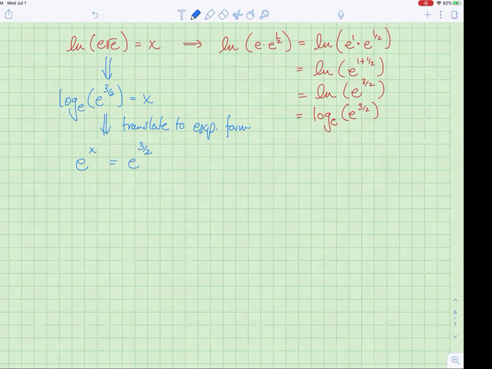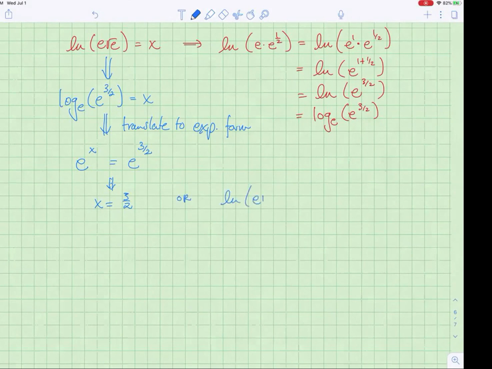And then since these are one-to-one functions, the only way that each output can be equal to one another is if each input is equal to one another. In this case, x is equal to 3/2,